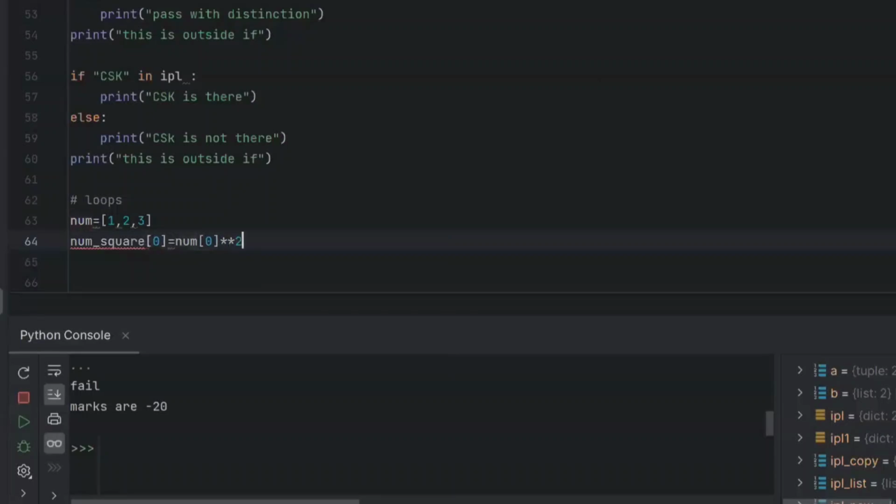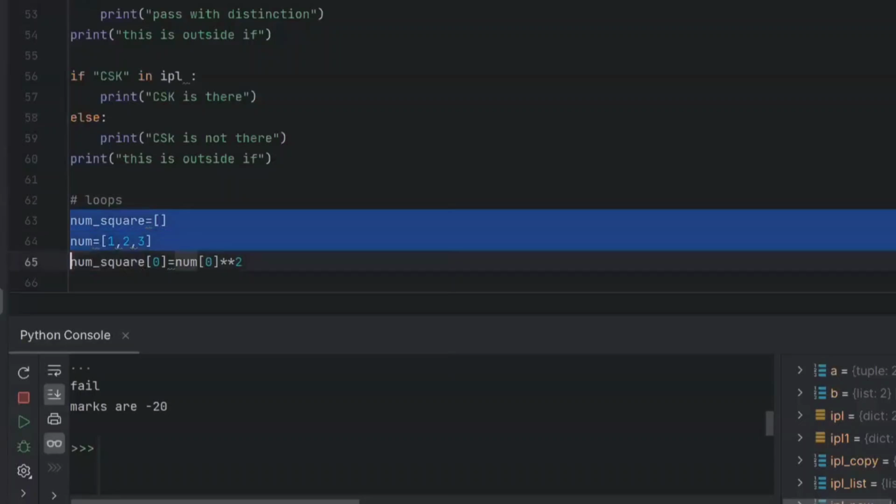So num square 0th element will be num 0 square, right? So I have to first declare this as an empty list, right? So if I run this now,